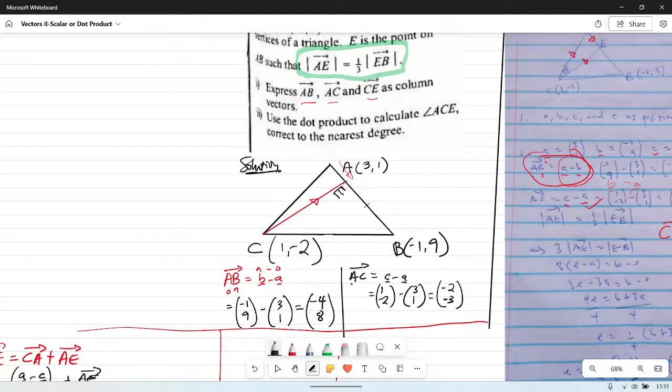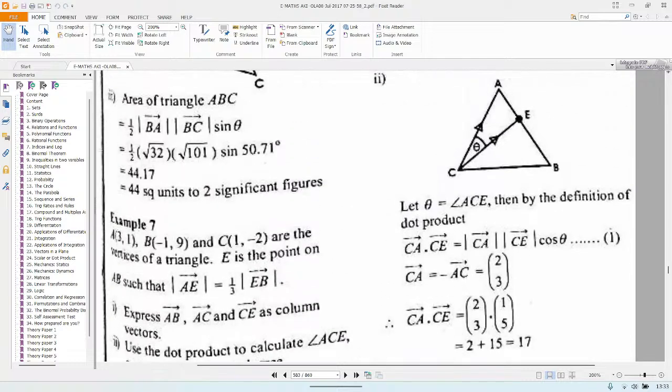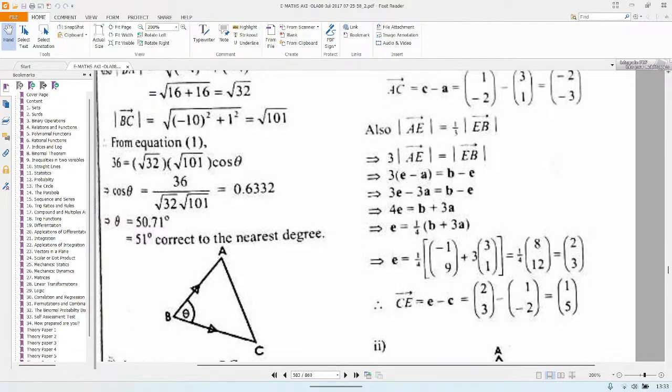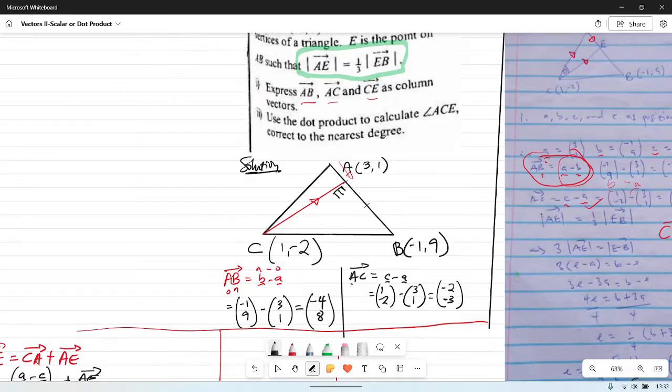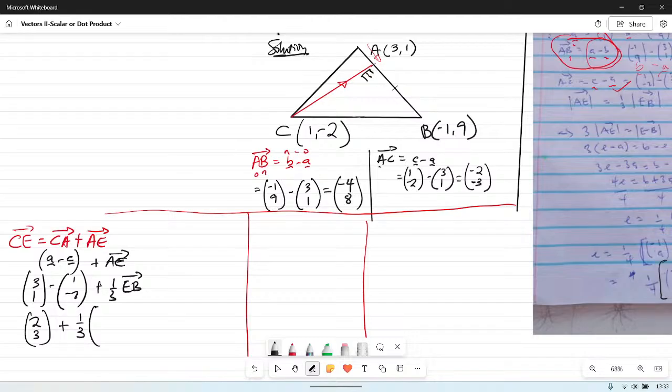Let me go and look at the solution. AE is one third of EB, B minus E. Okay, I think you are right. That's the only approach you can use. AE is one third of B minus E,